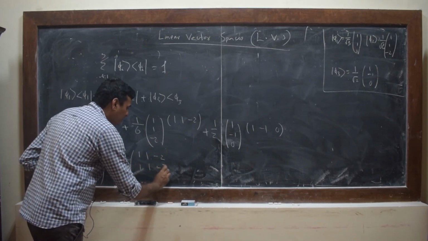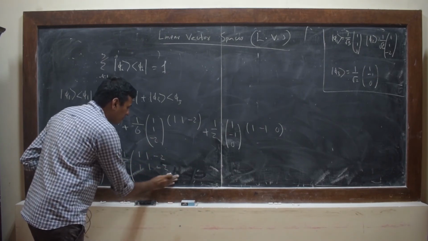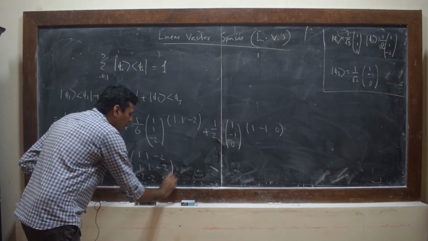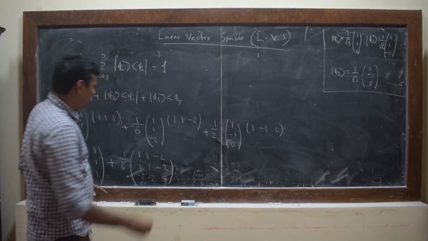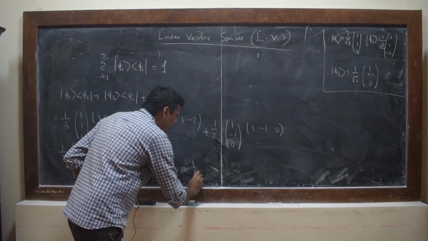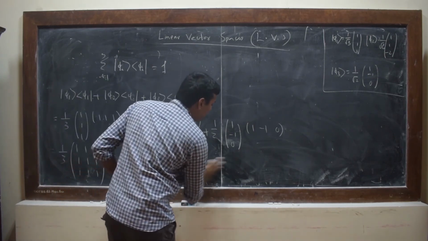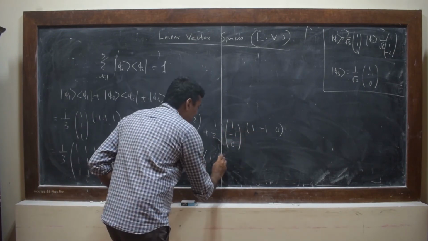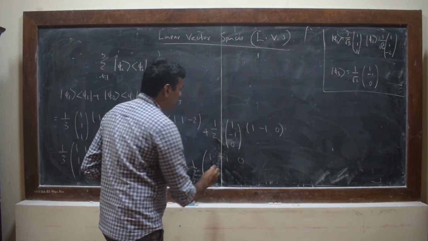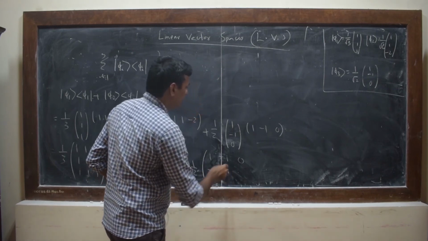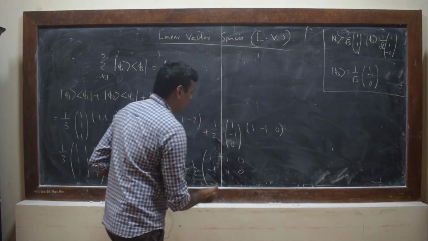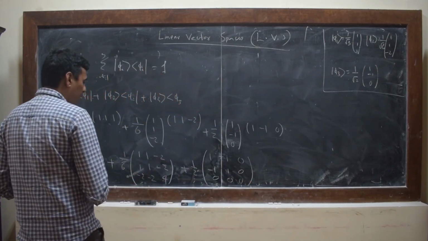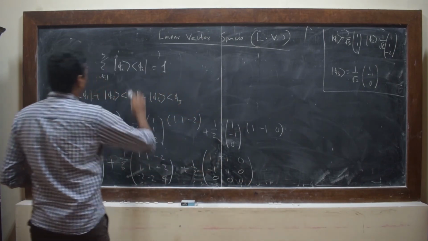1 1 minus 2, and then you have minus 2, minus 2, 4, plus 1 by 2 into you will have 1 minus 1 0, minus 1 1 0 and then you have 0 0 0. So, if you add these matrices, these 3 matrices, you will get